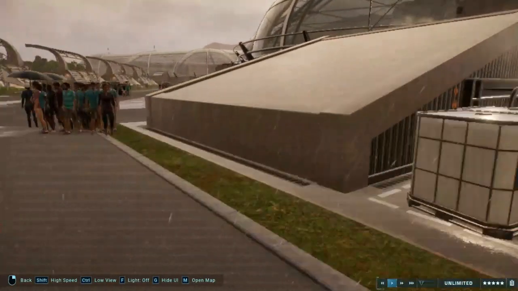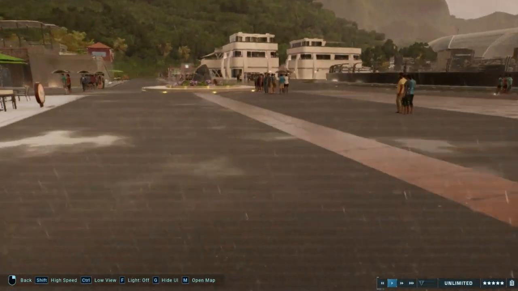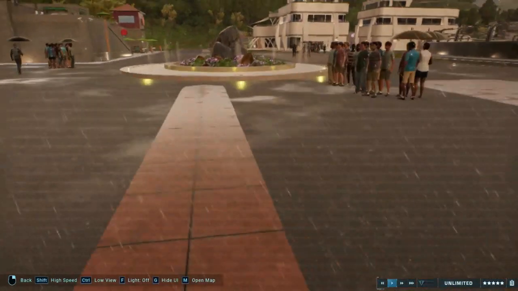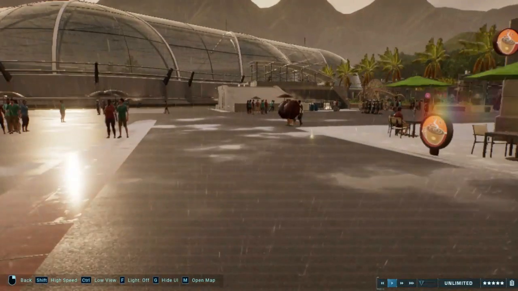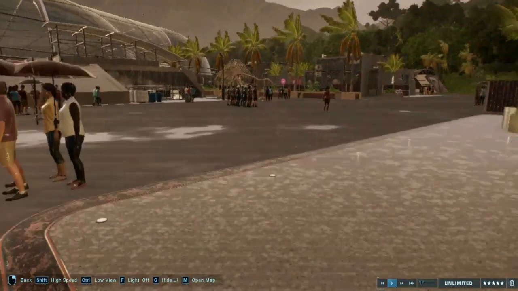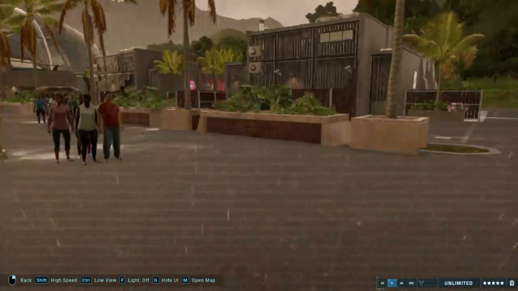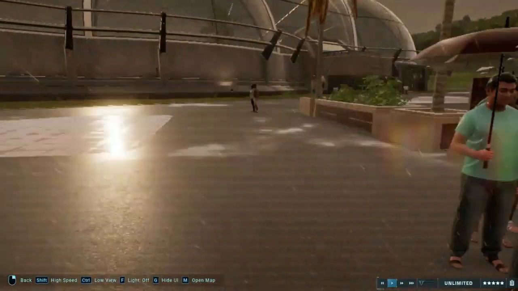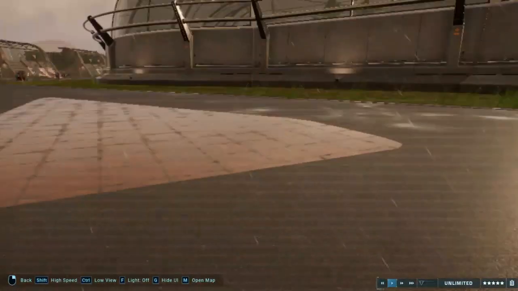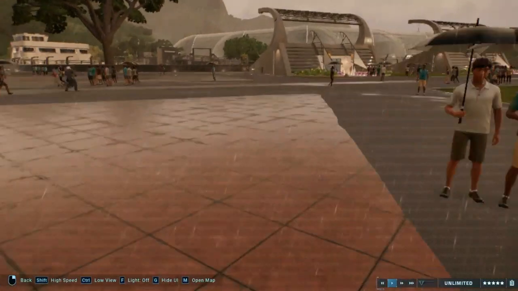We got this, I believe, is a shelter. We got loads of hotels over there, and I decided to go heavy on the decorations. So over here, loads of decorations, loads of planters. We got the Spinoskeleton. And so, right over here, we have got